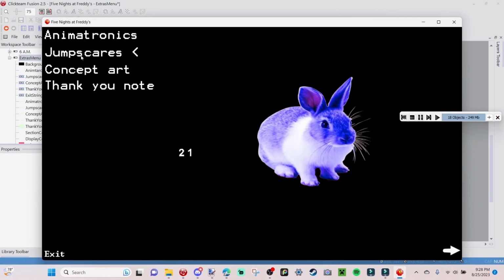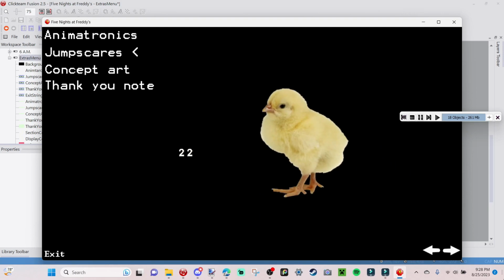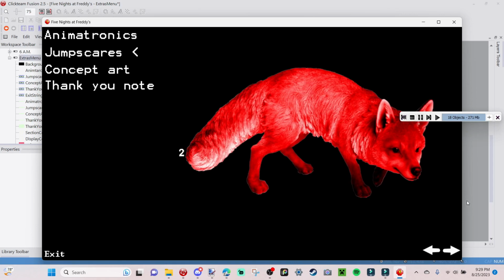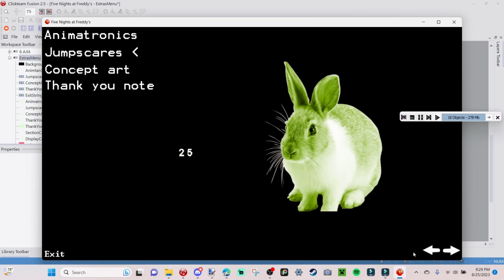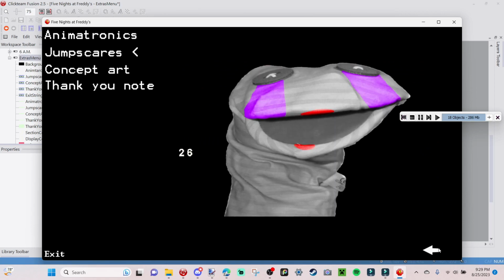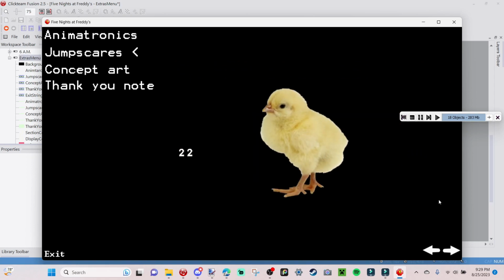So we want to go over to jump scares, and obviously it shows Bonnie right now, but if I click the right arrow, boom, Chica jump scare. If I click the right arrow, boom, Foxy jump scare. Click it again, oh, Golden Freddy jump scare. Springtrap jump scare. Puppet jump scare. And obviously we don't have a jump scare for the stop, but the reason why I really wanted to